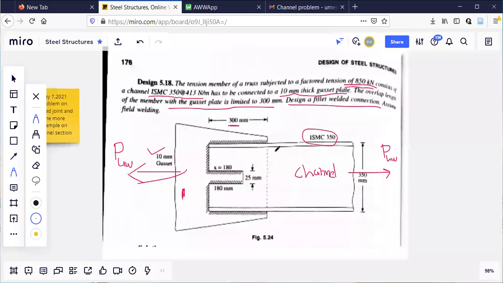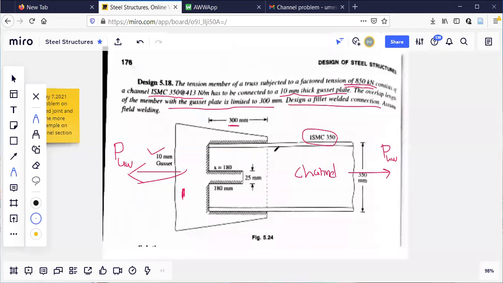You have to tell the fabricator, see, you connect these two, this is the length, this is the size of the weld. That is design actually. Design means that. Previous problem was analysis. Design means you should tell the fabricator, you connect this channel with this gusset plate, and length is this much,